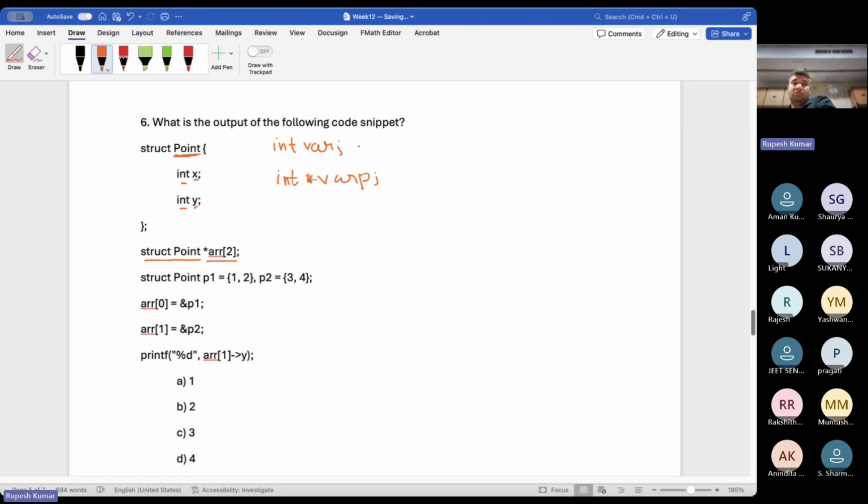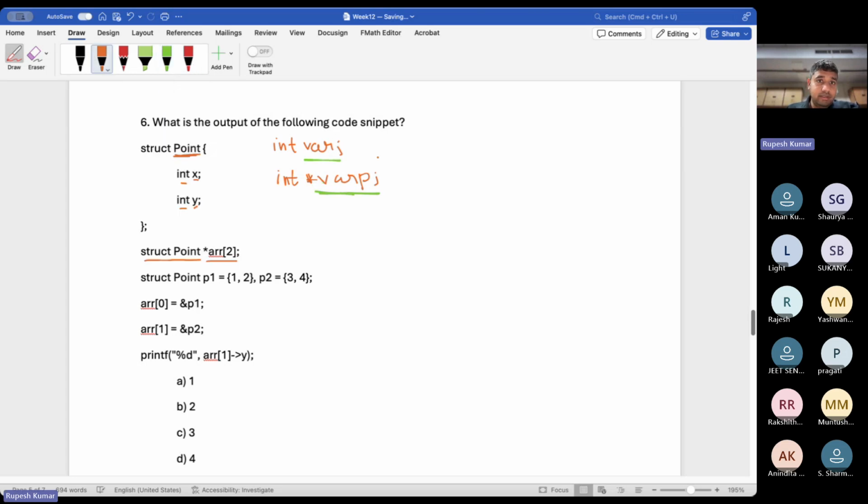You should be able to distinguish this. I'm just giving an analogy, like how to decode what this variable means here. So for example, if you had some integer variable var and then another integer variable asterisk var p, this essentially means